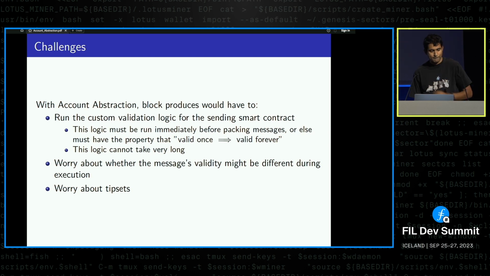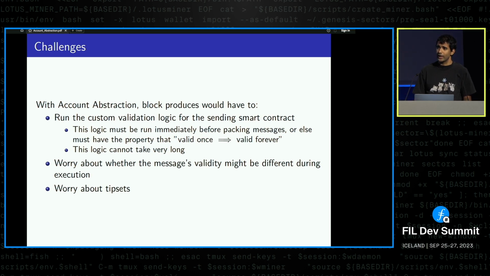Yeah, we include all the messages before we even run them. So the messages are included, we built this message to execute. Then in the next epoch, we actually execute those messages and put a receipt on chain that says this transaction reverted. This goes back to when you're packing your block, you don't care what's going to happen to the message so long as it's valid. And so tip sets just tend to complicate things further.